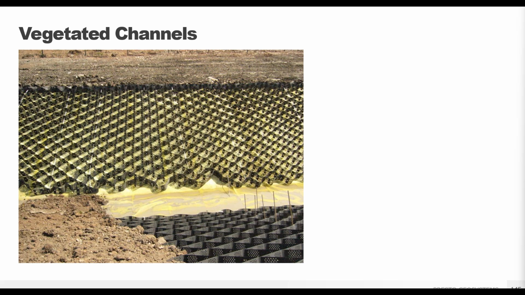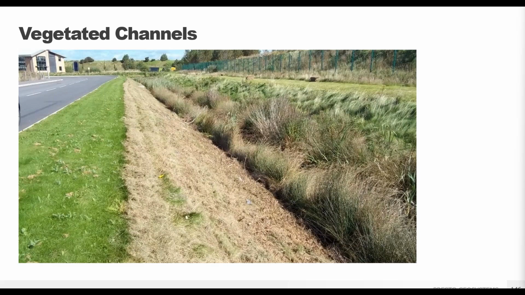Notice the bright yellow liner below the panels. In this case, using the tendon anchorage system will hold the GeoWeb panels in place without damaging that liner. But even with the liner beneath, vegetation can still grow thanks to the soil held within the cells of the GeoWeb panels. As this stormwater overflow channel becomes flooded during storm events, the side slopes are protected and the channel will do its job.